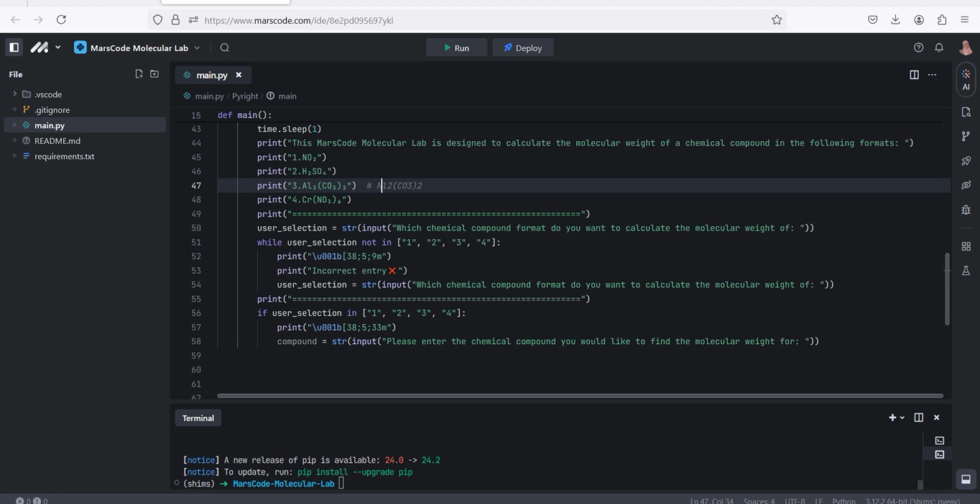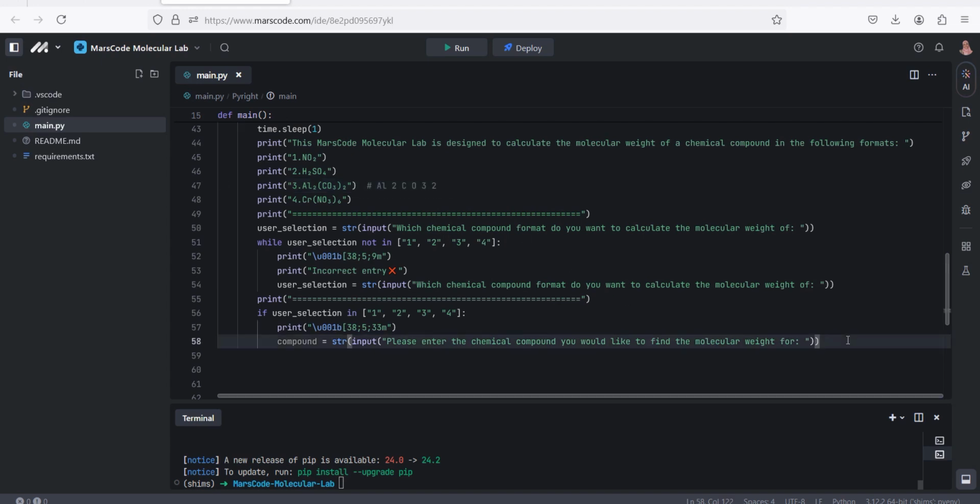We have to split it into an Al first, and then we have to split it into 2, symbolizing the number of atoms of Al, and then we have to split it into C, which is the carbon, then of course the oxygen, and then we have to split it into 3 and 2 as well, because that would symbolize the number of atoms of this carbonate. And then, of course, the one that comes outside as well. So we have to multiply the number of atoms inside with the elements, but also multiply the number of atoms on the outside. So we have to make the compiler smart enough to know how to do this